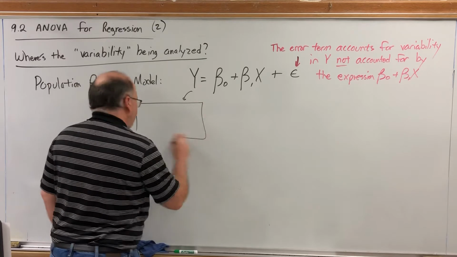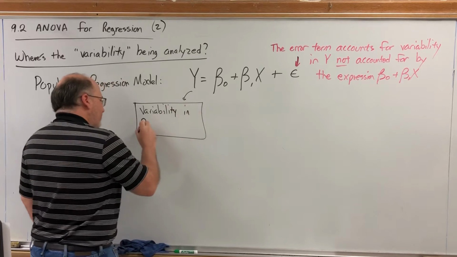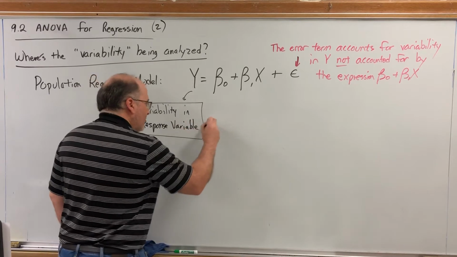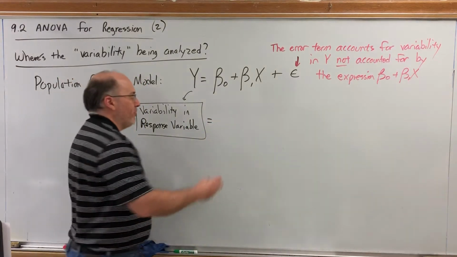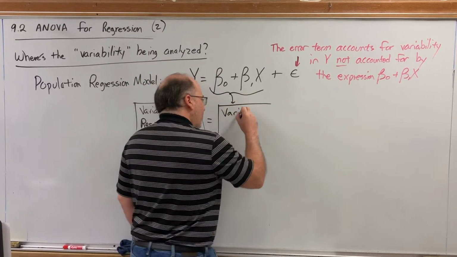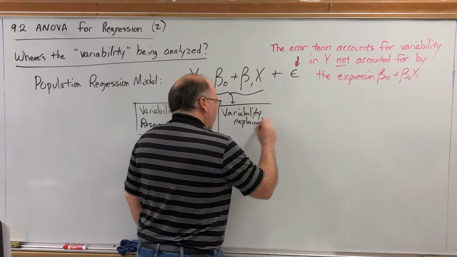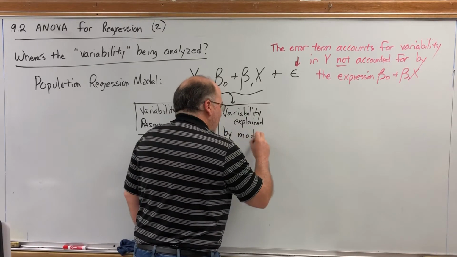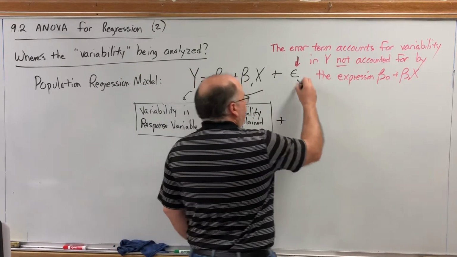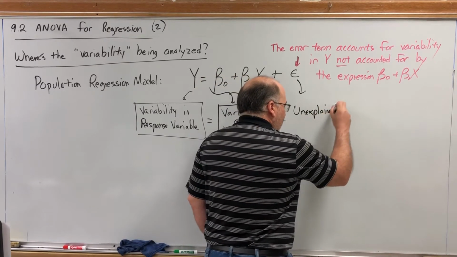What we're attempting to explain is variability in the response variable. But on the right side, we can look at two places for variability. We can look at variability explained by the model. And when I say the model, I mean the linear regression, the equation, this part. But this error term would represent unexplained variability